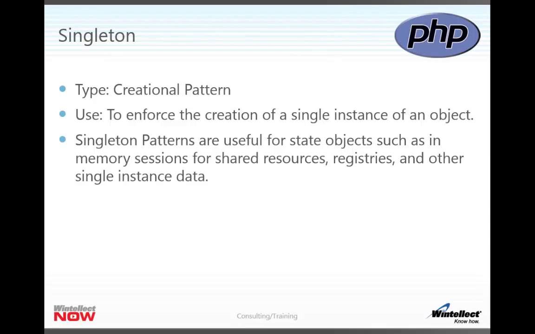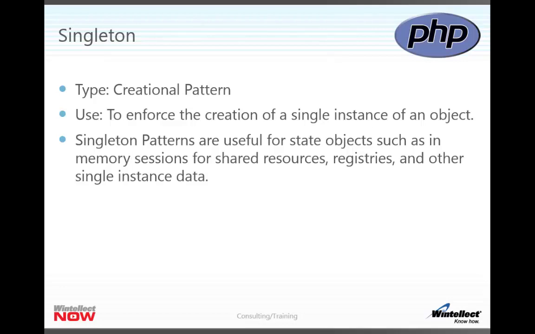Another instance might be something like a registry. A registry is very useful inside of an application for creating single instance lists. So I create a singleton, and inside that singleton I declare some kind of list, such as an associative array, which is in a key value pair. Because the key value pair is in a singleton object, I'm only going to have one instance of that key value pair available across my entire application.